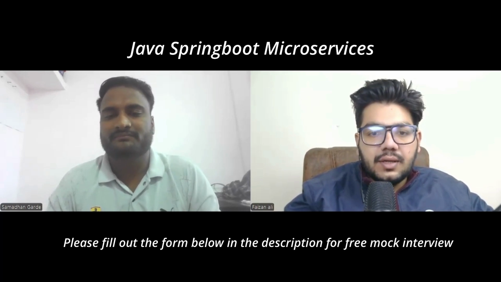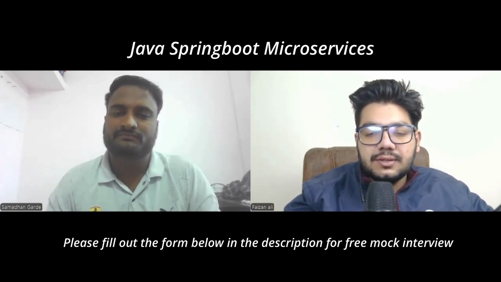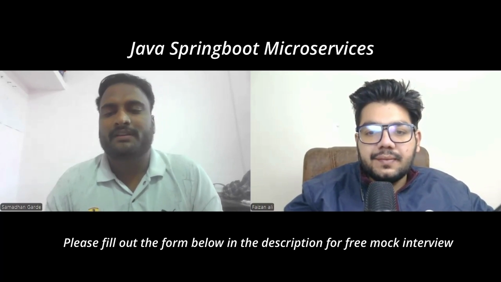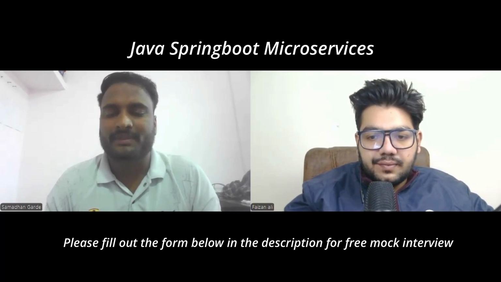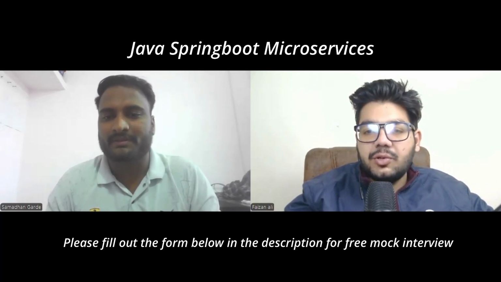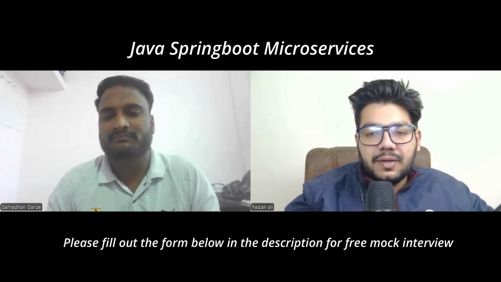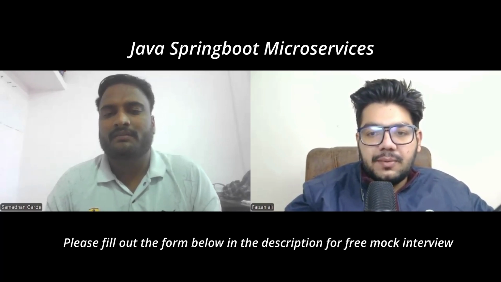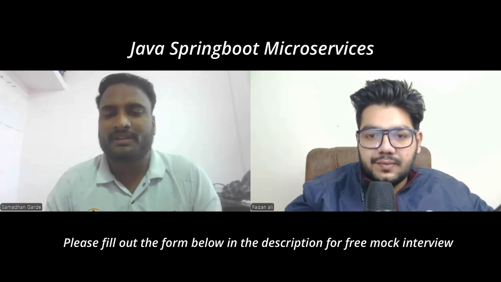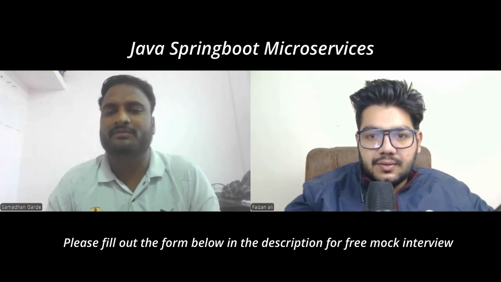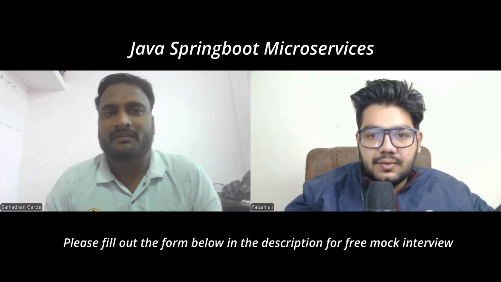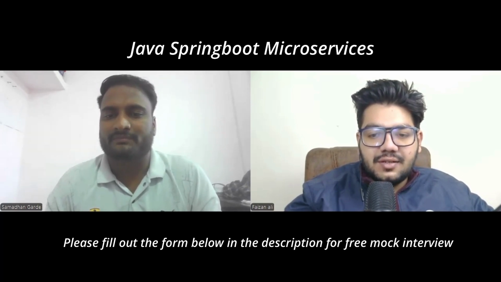Moving ahead. What happens if we provide a return type to a constructor? Nothing will happen, it will act as a normal method in Java. Which one would you prefer, a constructor without a return type or with a return type? It depends. No, constructors don't have any return type. A method can have a return type, but a constructor is always without a return type. A constructor cannot have a return type.